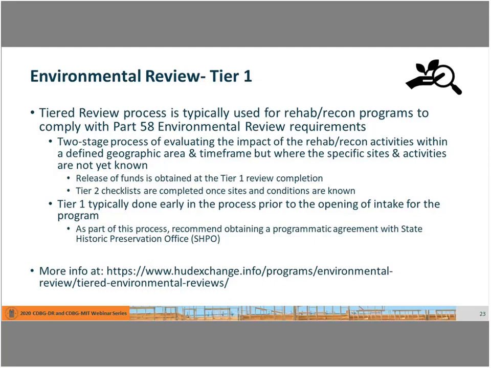And at that point, you go out and you do your damage inspections and you start towards a construction process. So you don't know exactly who's coming in and where exactly they live. Therefore, you're not able to totally evaluate the conditions of that specific site for environmental purposes. What a tiered review allows you to do is to sort of create a two-step process by which you can